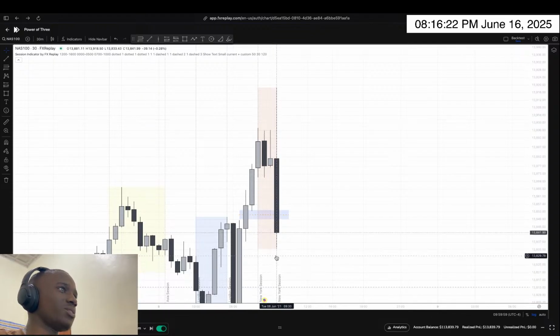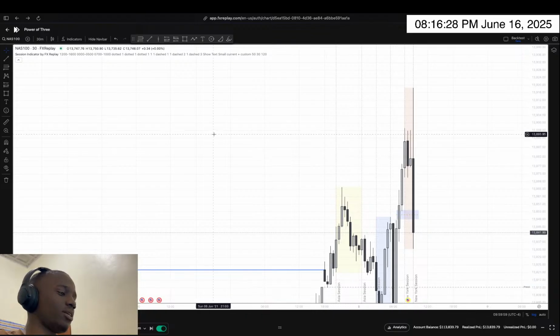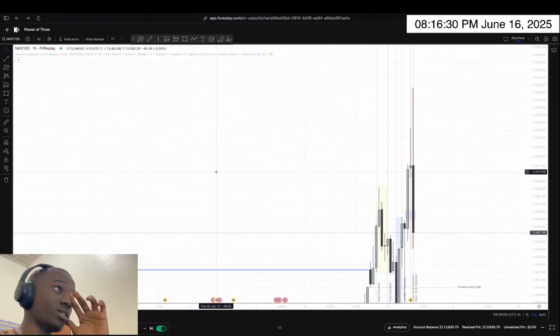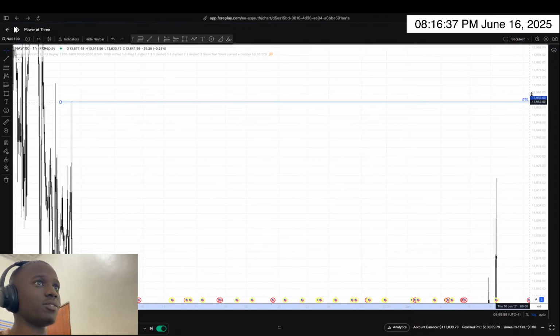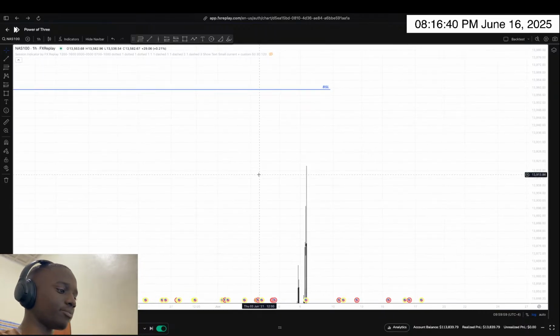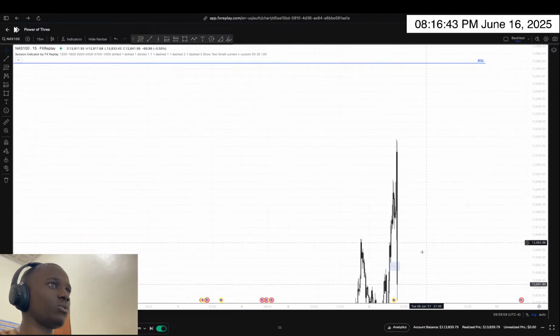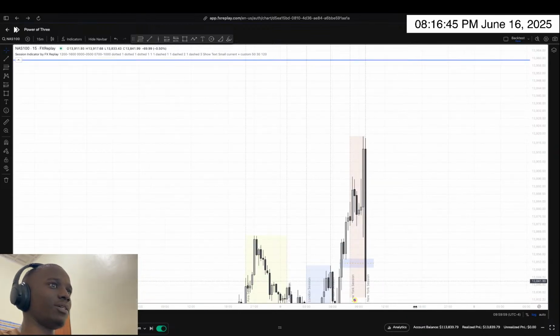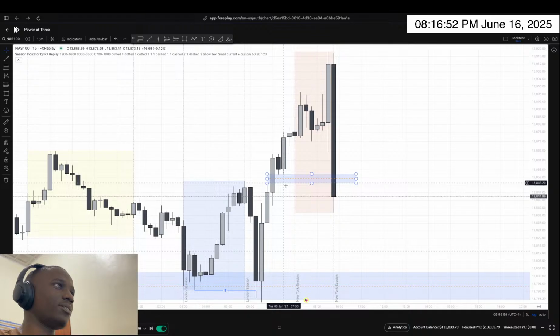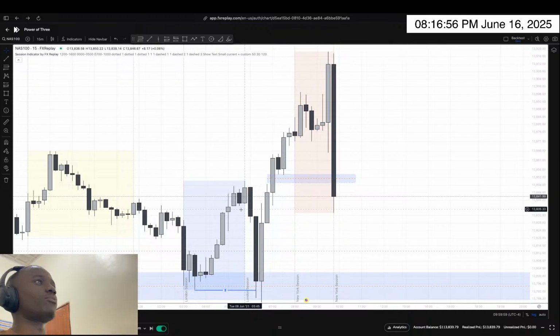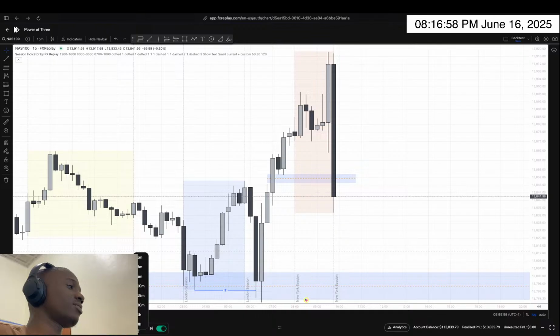This is some kind of news, I don't know. At 9:30 we drop, an extreme drop, and I'd like to go to the 1 hour to see how the buy side is looking. We still have buy side resting there, which means there's still hope to push higher. So going back to the 15 minute, a really crazy move. You can see that we push into this crazy fair value gap right here, and this breaker. So let's see if it gets respected.